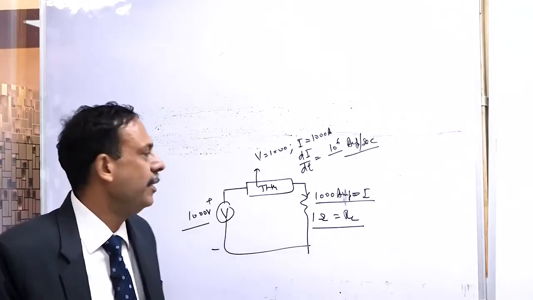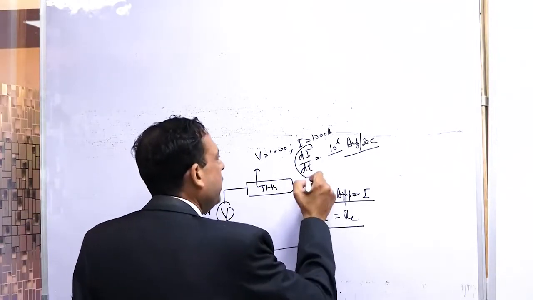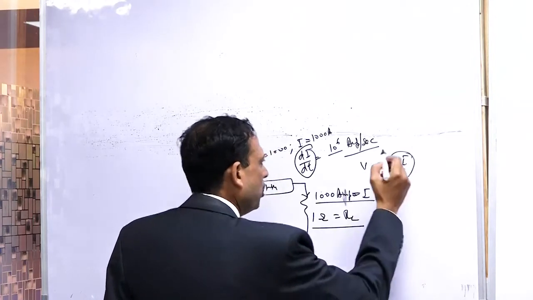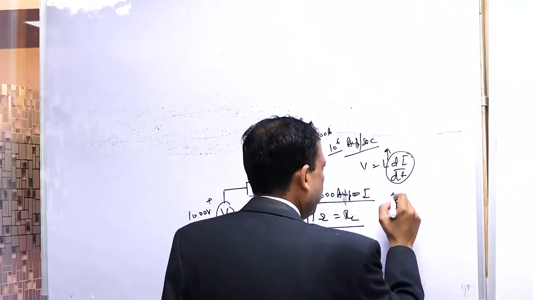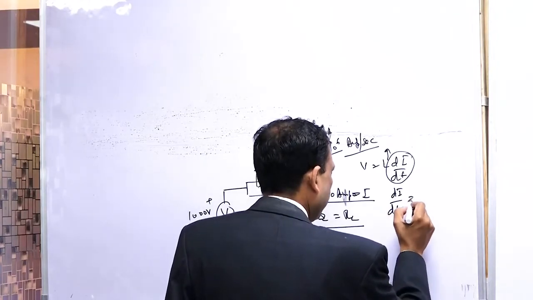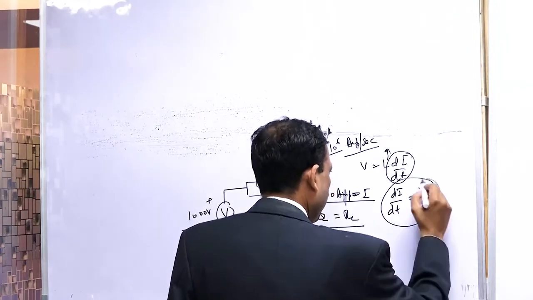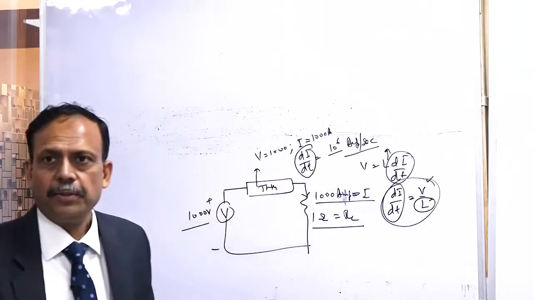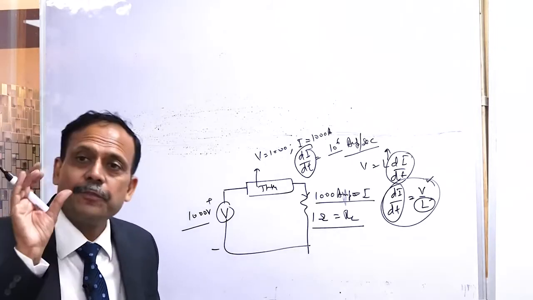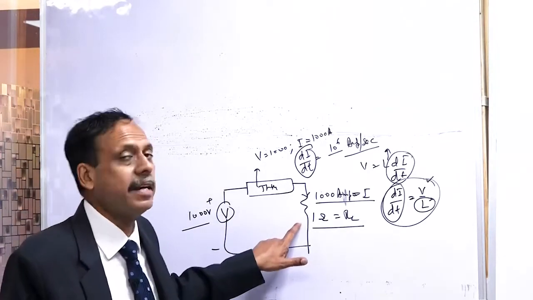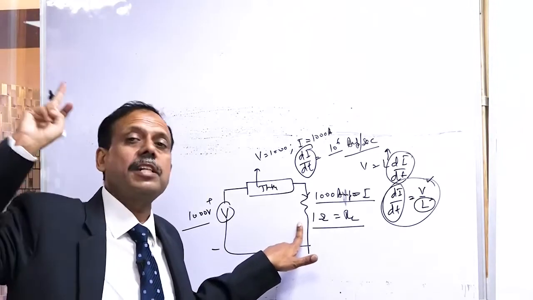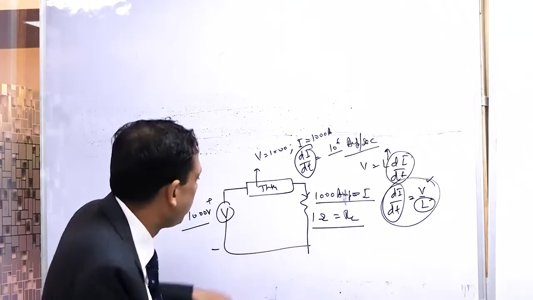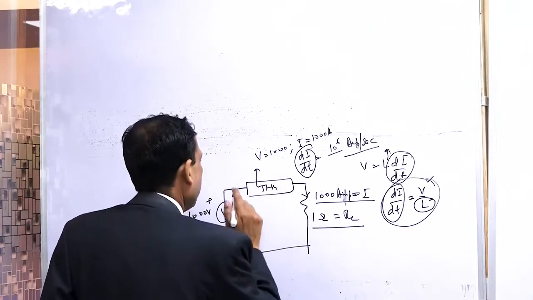Yes, you are right, sir. We have to reduce the di by dt. V is equal to L di by dt. If di by dt has to be reduced, the inductor has to do it. Basically di by dt is equal to voltage by L, so based on this di by dt, the L has to be decided. So yes, you are right, the impedance of the circuit matters. We have to design not just the resistance part for the steady state. Resistance is for the steady state, but for the transient sudden rise of current, we also have to put an inductor in series.